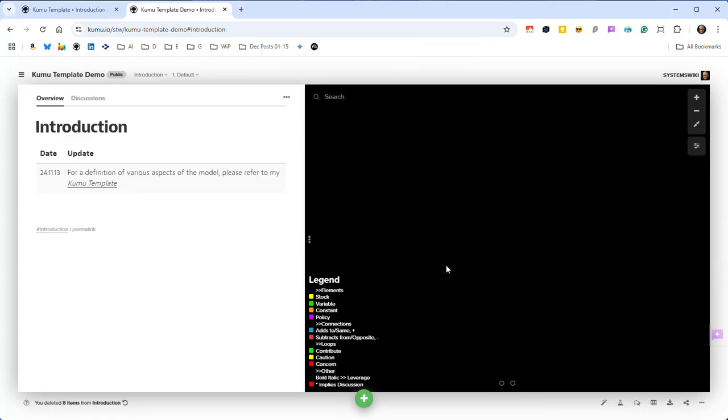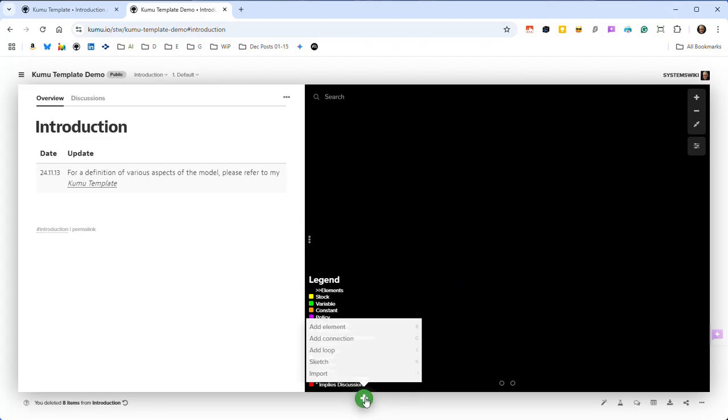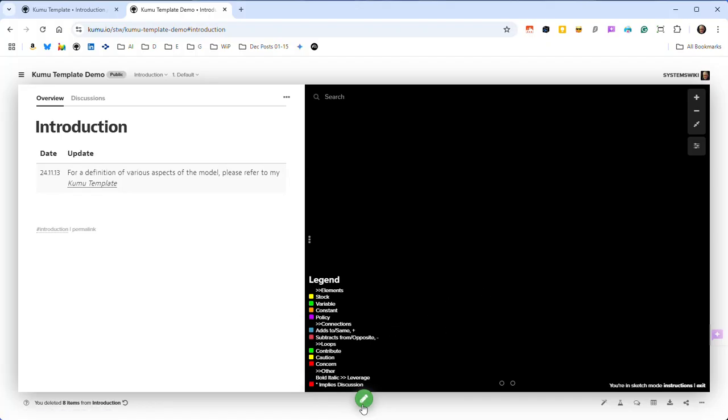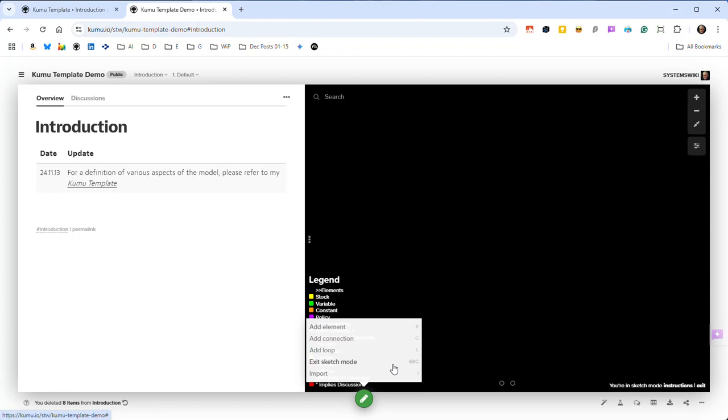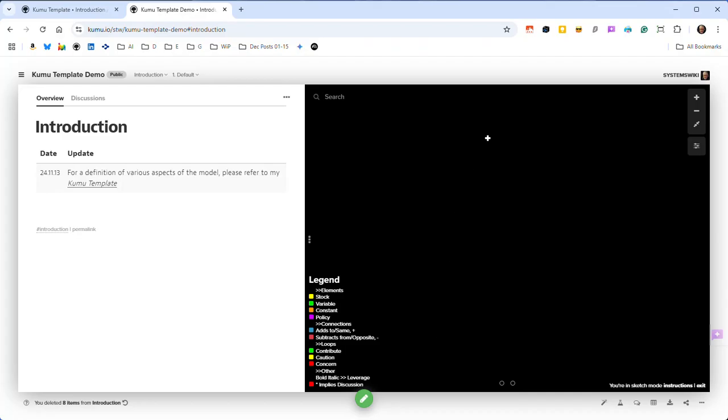Sketch mode is an alternative to the normal way of creating a map, which I really didn't pay much attention to initially until I actually learned the value of it. When you go to the pencil and select sketch mode, you get a note down here that you're actually in sketch mode. It differs from the normal mode of creating things in terms of if you want an element someplace,